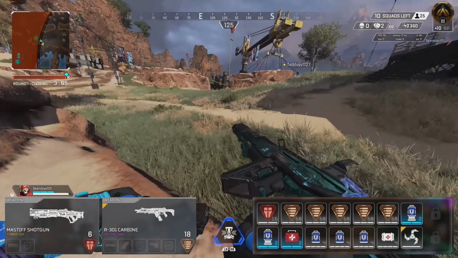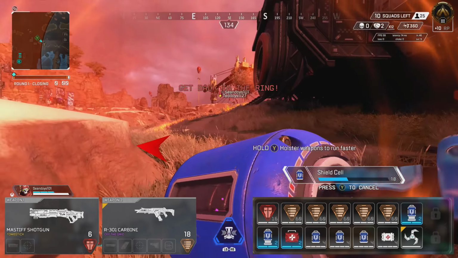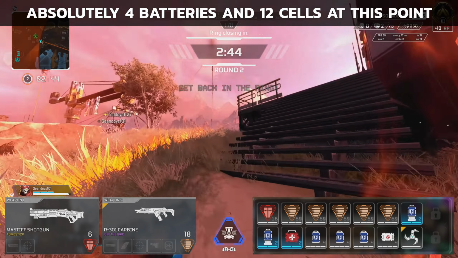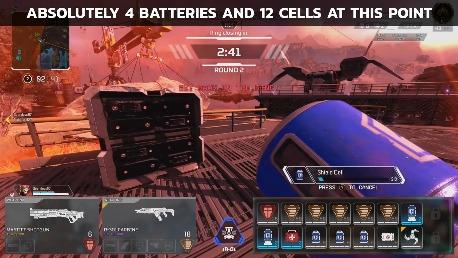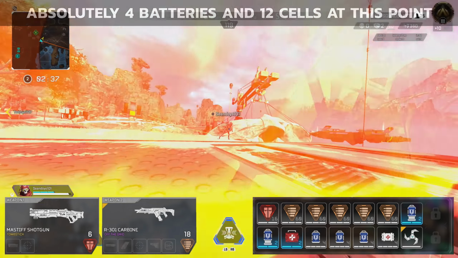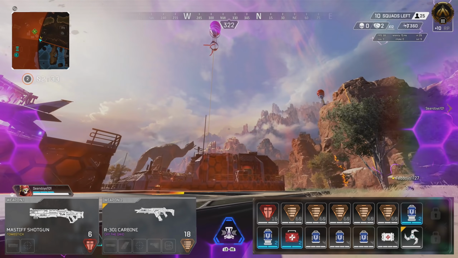I still have the same amount of ammo and white heals and a single arc star. This time I am now running 2 extra batteries and 12 cells. If I can't get 4 batteries, I will sometimes take 16 cells or just hold on to another grenade. In rare situations where I can't find any batteries, I will definitely take 16 cells, an extra grenade, and or